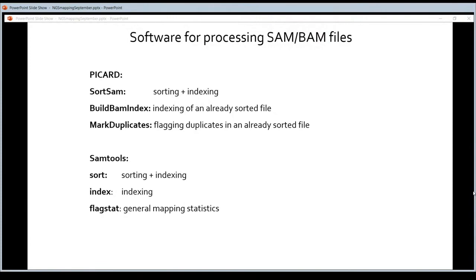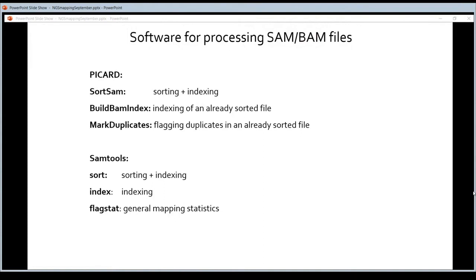But because you cannot make the distinction, people say, oh, we're going to play it safe and we're not going to remove them. We're going to assume that they're all biological. That's the best thing that you can do here. Now for DNA-seq reads, you don't expect to see duplicates. So there, if you see them, well, they have to be of technical origin. So there people do remove them because you don't expect to see biological duplicates. So when you see duplicates, they're probably technical duplicates.